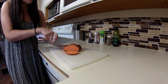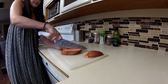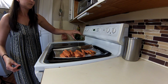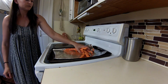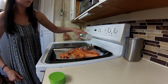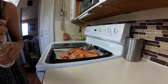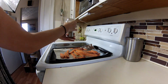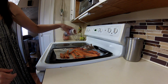Next, you're going to want to cut the potatoes the same exact way, 1/4 inch thick. Add a tablespoon of olive oil. Add a 1/2 teaspoon of garlic salt, a 1/4 teaspoon of pepper, a 1/2 teaspoon of cumin,